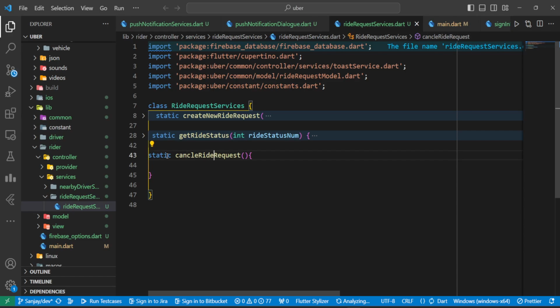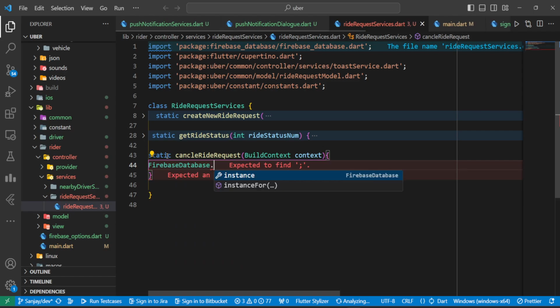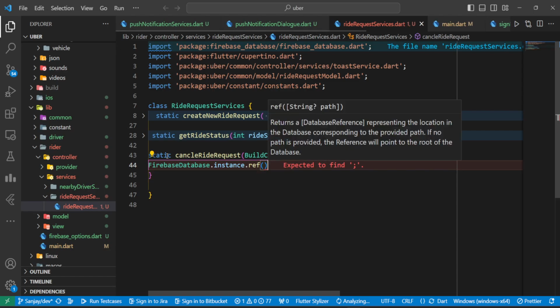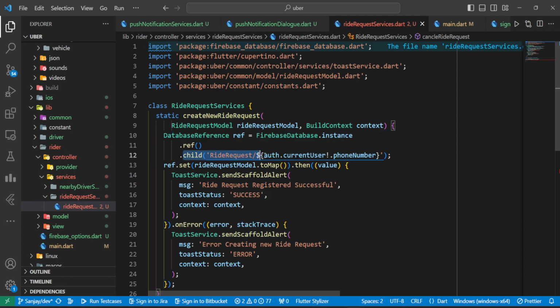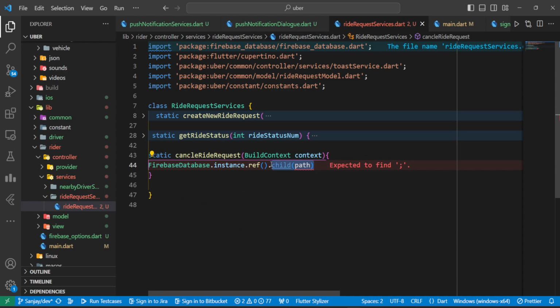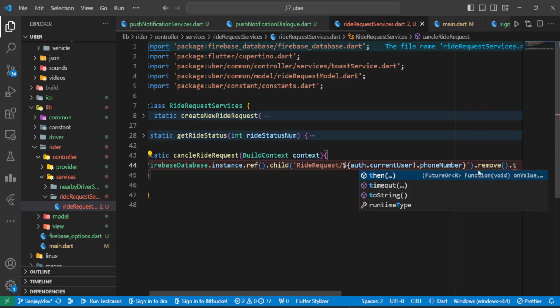So here we will pass build context. Here we'll go with Firebase database dot instance dot ref dot child, and let's copy from here only, child write request, and here we do have auth current user. Okay, dot remove, dot then,